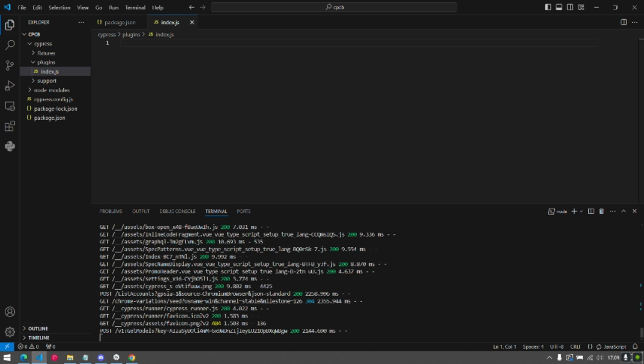Inside the index.js we can add this script.